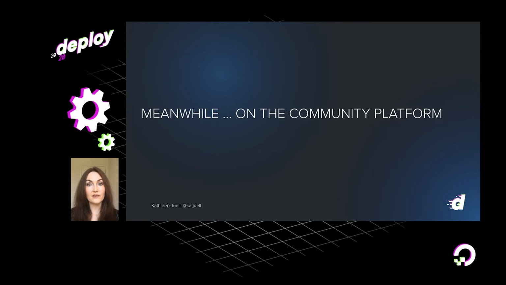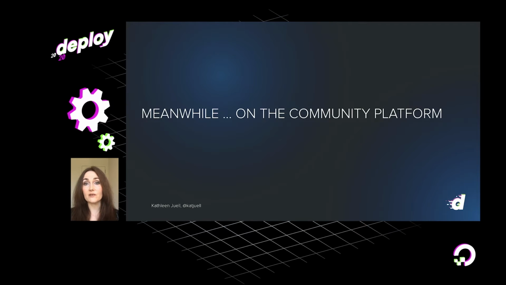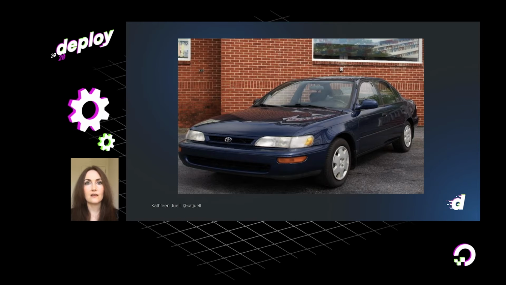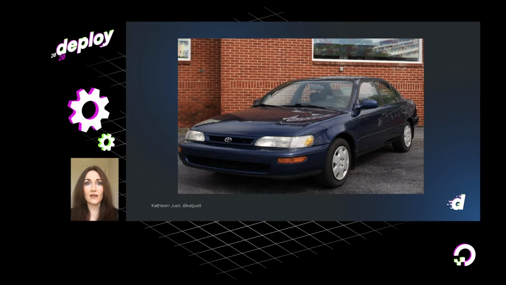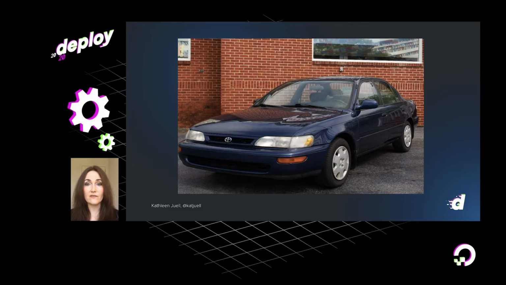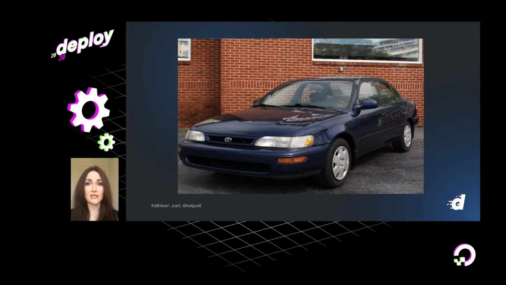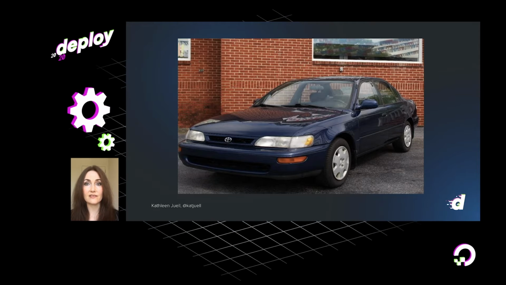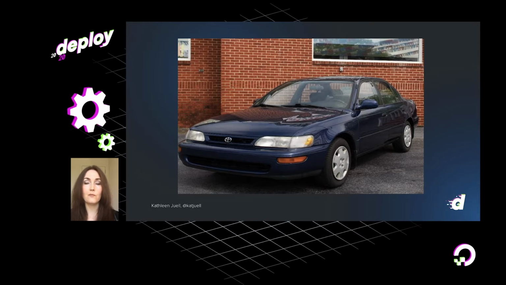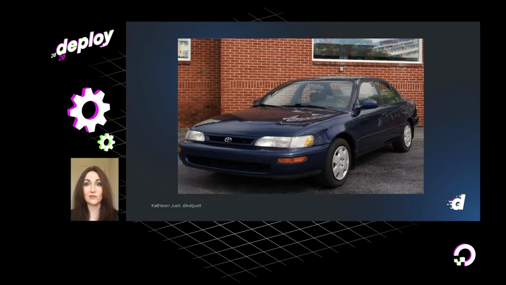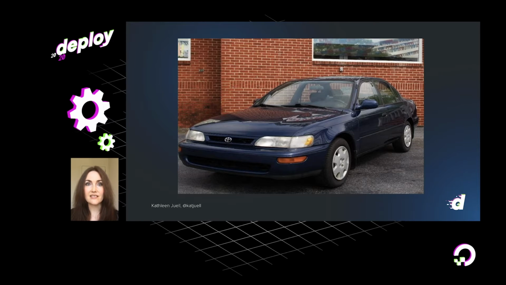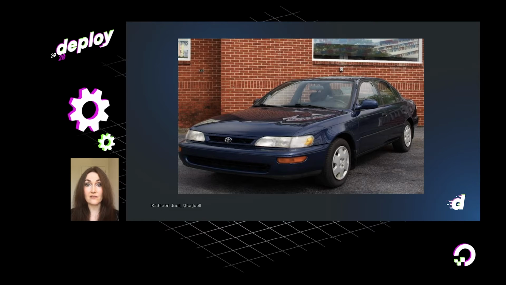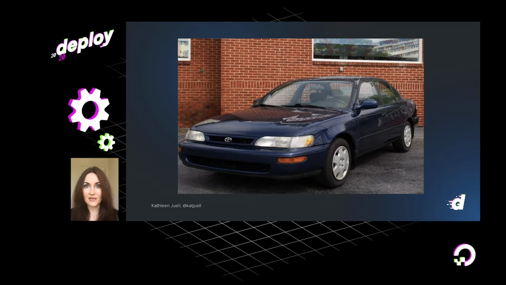Meanwhile, back on the community platform, a set of related questions and issues were arising among developers. We were in the process of moving our staging and production pipelines and environments to our internal Kubernetes clusters. Prior to this transition, we had been relying on some trusty, reliable, but ultimately outdated Ubuntu servers. Like the 97 Corolla that I drove until a few years ago, these servers had brought us far, but it was time to make the change.